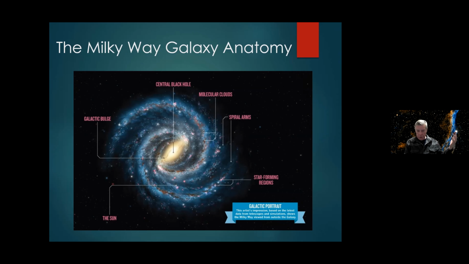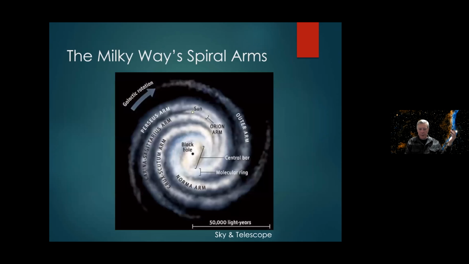We have these spiral arms, basically, that contain a lot of the molecular clouds and the star forming regions. Here we are out in the suburbs, about 26,000 light years from the central core. These are the spiral arms, and of course they all have names. At some point, I think we ran out of names other than their girlfriends. Outer arm, Norma, so. But one of the interesting things about when people look at this